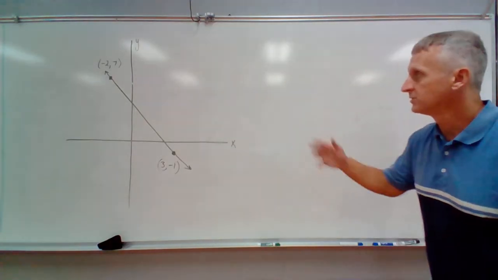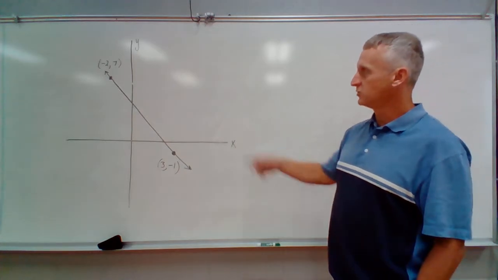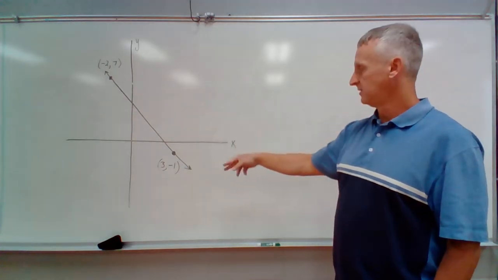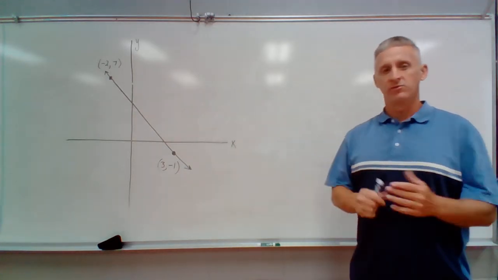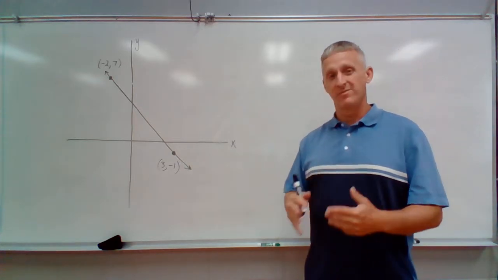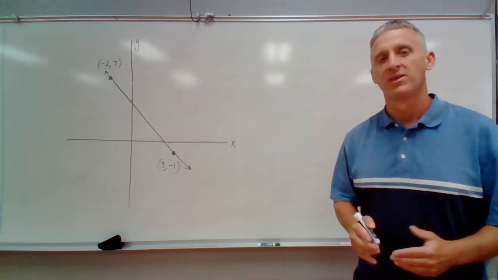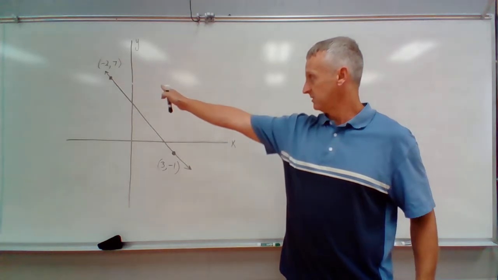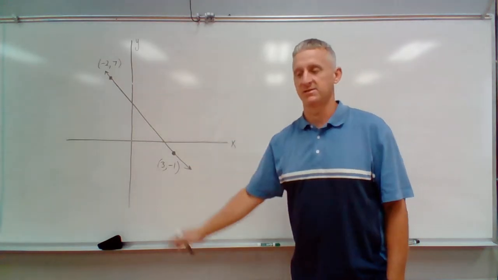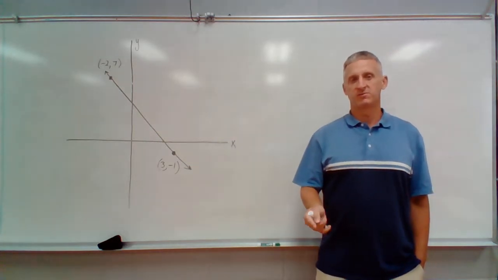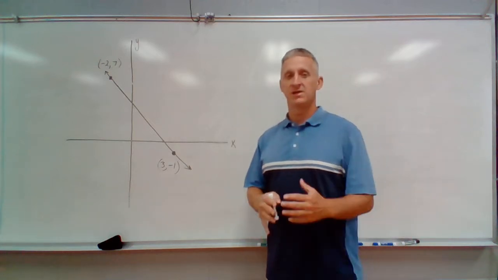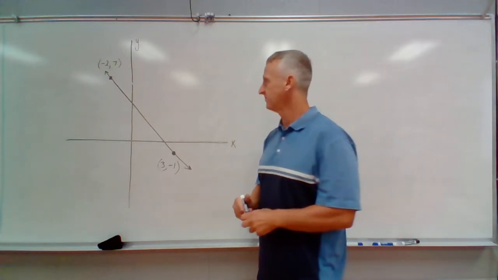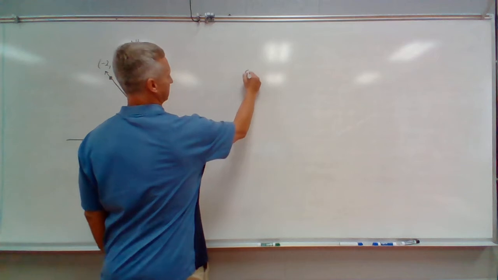All right, so here's another example of a line. It goes to the points negative 2, 7, and 3, negative 1. We want to find the slope, or a measure of the steepness of this line. First thing to notice is that this function is decreasing. So we expect the slope to be negative. So when we get an answer, let's make sure that it is negative. So slope